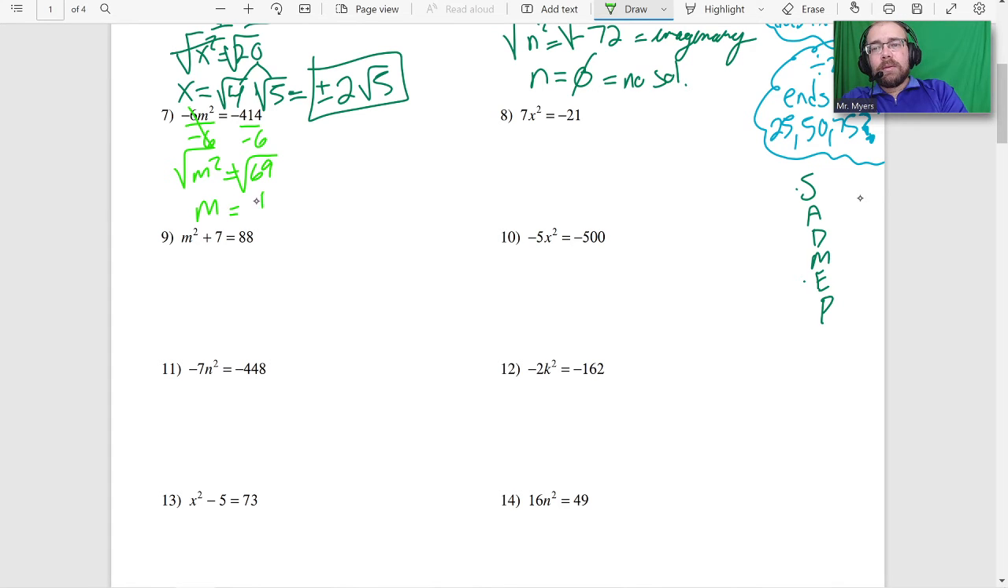M is equal to plus or minus the square root of 69. You just leave it alone. It doesn't divide by any square numbers. So we're done. Okay, now, if we divide by 7,